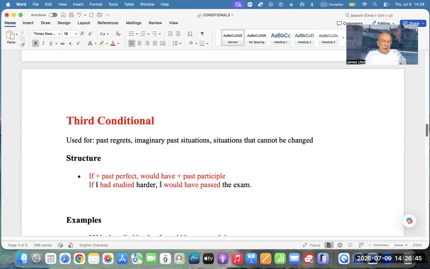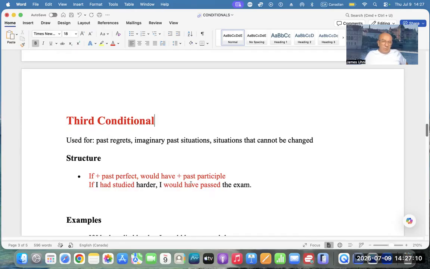Or should we say I is subject, would is verb, or what is would? It is future, it is past simple of the verb will. And then we have past. But here is only past